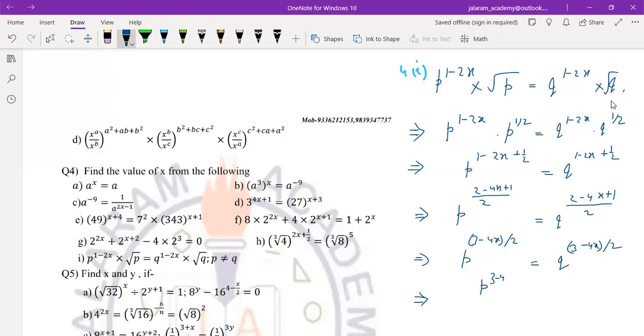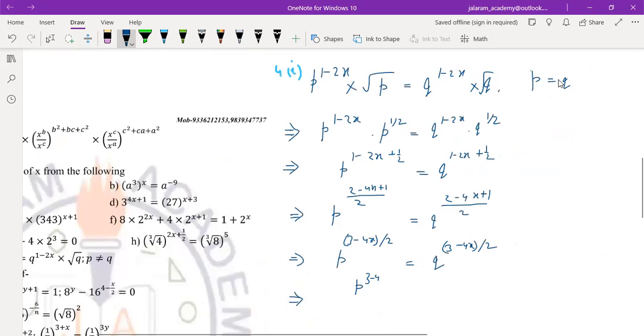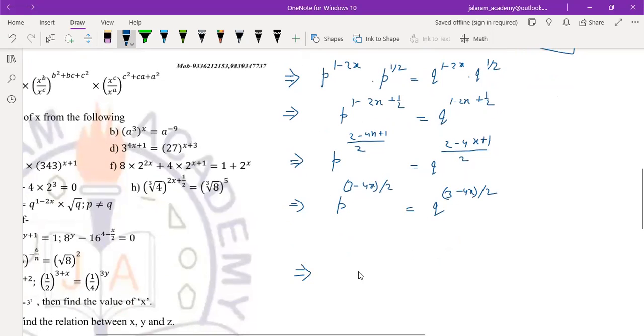Always remember, it is also given that P is not equal to Q, and we have not to find the value of P or Q. We have to find the value of x also. So how to bring them into consideration? These types of equations are very important equations, and they will be used in higher classes also. Always remember, whenever there is this type of case, powers of both sides are equal and bases are different. Write them in same side.